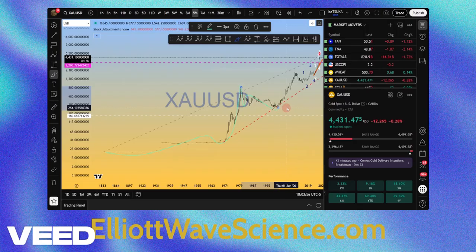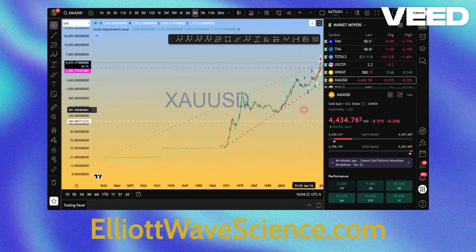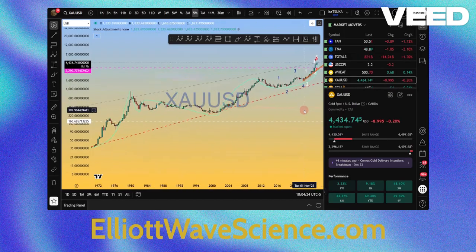Starting from this point, we look and see what else we have coming up for the upside wave from a macro perspective. I see another roughly three-wave move. So from here, I know what my perspective is for gold from a macro look. And from there, I just dive in to see where we are, in near real time, and how that ties into and aligns with the overall expectations for gold.